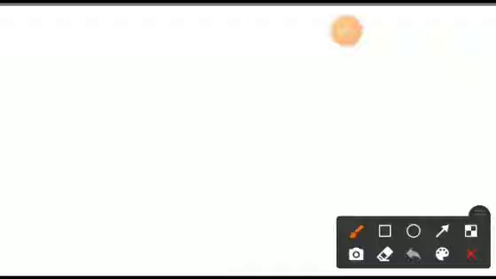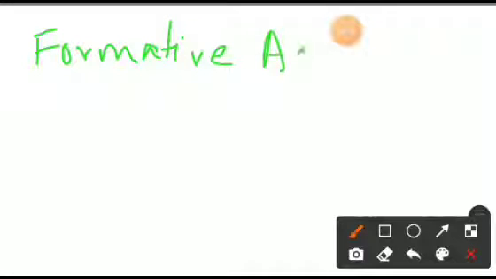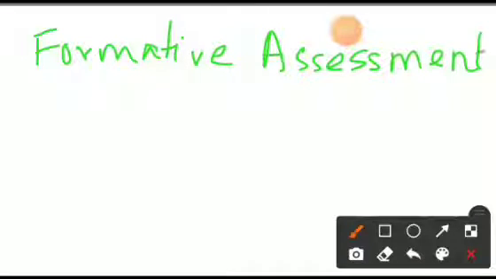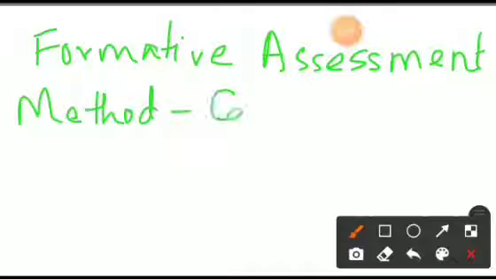After that, you write formative assessment. Then write the method which you know, that is case study.